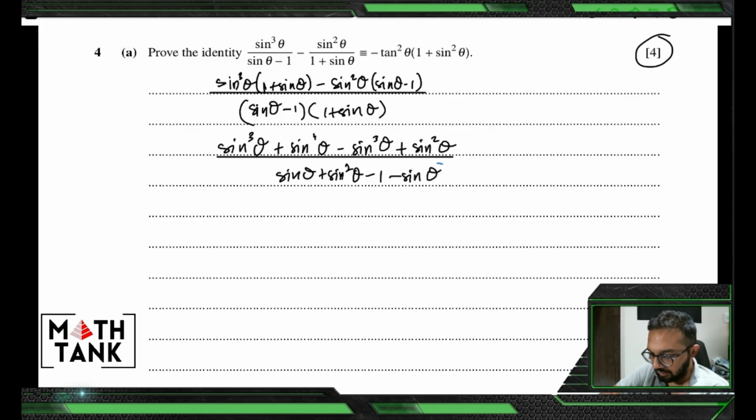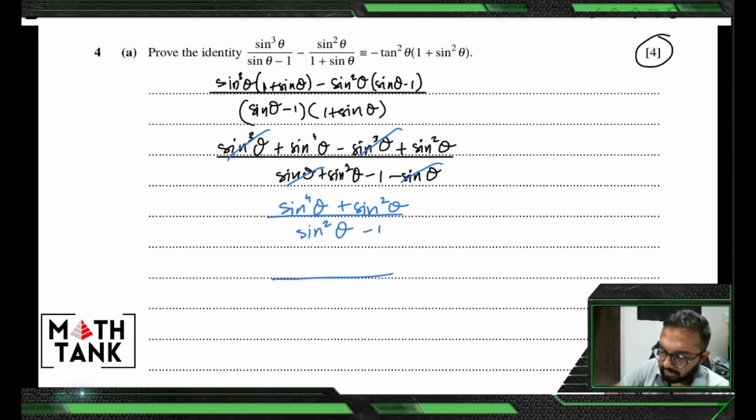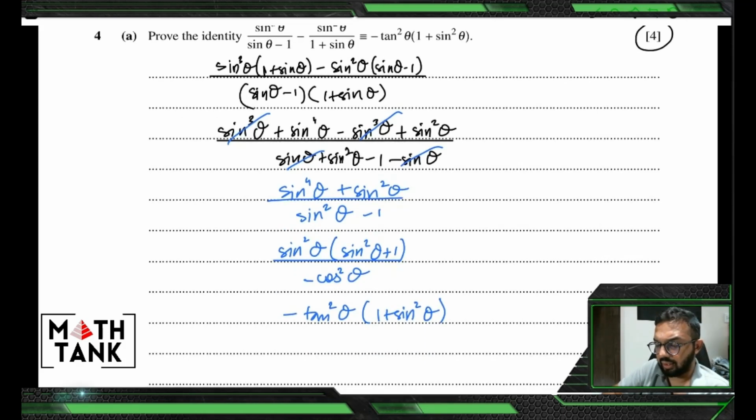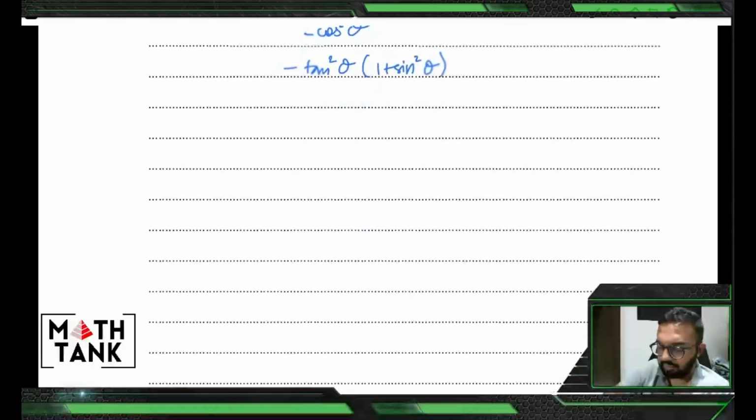So that gets cancelled out. That also gets cancelled out. So it's a relatively simple identity from there. It's sine power 4 theta plus sine squared theta, and it's sine square theta minus 1. So that should equal minus cos square theta in the denominator. It's the reverse of cos square theta. And I can figure out sine square theta from here, and I get sine square theta plus 1. That gives me minus tan squared theta into 1 plus sine squared theta. So that was a relatively challenging identity. Had you started from the right hand side, you would probably have gotten stuck.